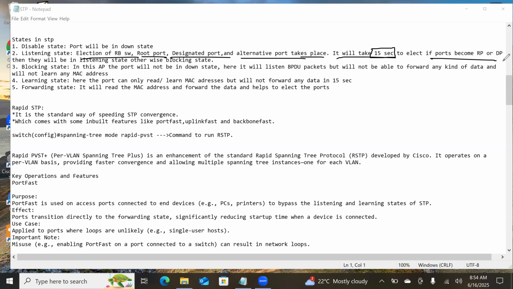If a port becomes RP or DP, then it will get into the learning state, learning of what? MAC addresses. Otherwise, it will be in the blocking state. So what is the blocking state now? This is the third state of the STP, as I already told you. In this, the alternate port